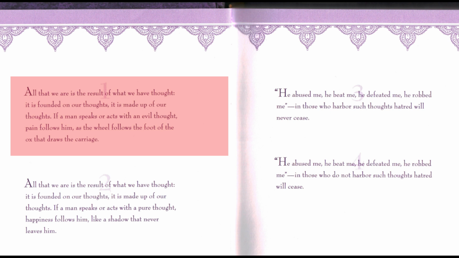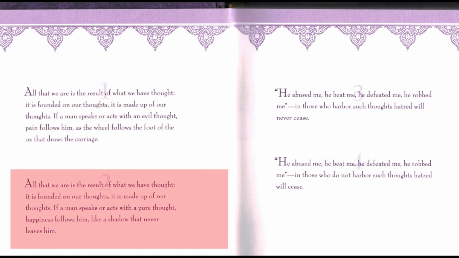The very next verse goes on to say we are the result of what we have thought again. Again, it's mental. However, the variation here is if a man speaks or acts with a pure thought, happiness follows him like a shadow that never leaves him. So this is like when we're naming things, when we are deciding things, when we're classifying things. Once we have had issues that happen in our mind that are not resolved, they continue to emerge. This is the same thing. It's coming about in the same way. We emerge from our thinking processes, and they're going to continue to act out in the way that they do.